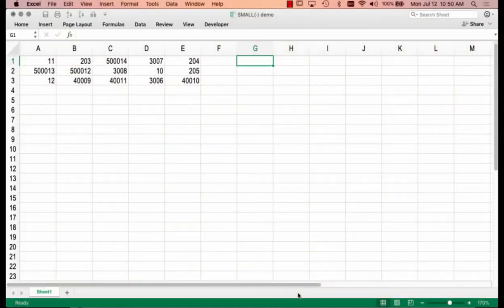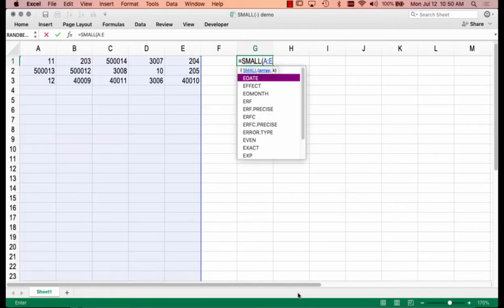As you can see here, we have a small data set in columns A through E, the first 5 columns. We're going to use the SMALL function to put the data in order. So I will enter =SMALL( for the function, open paren, A:E to select everything in the first 5 columns. Again, just noting that there's nothing else in these columns except the data, or else I couldn't use this function,